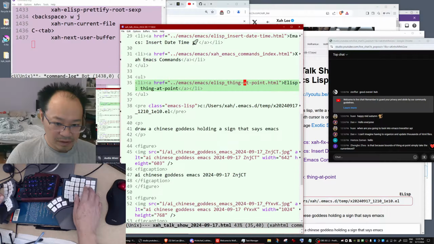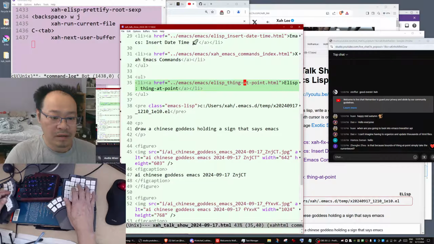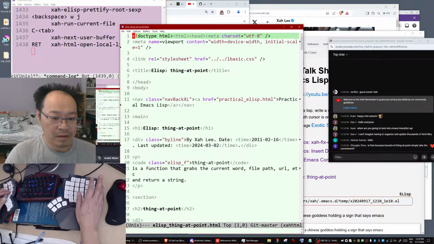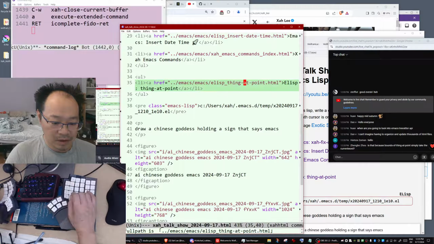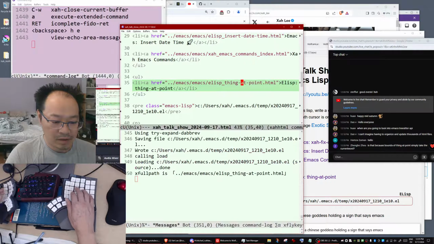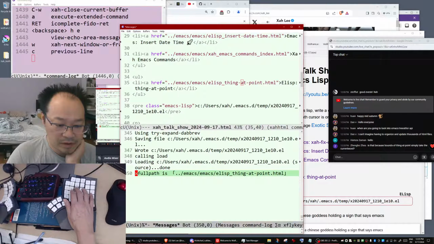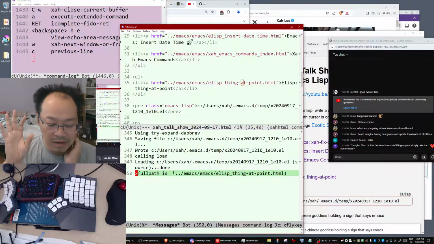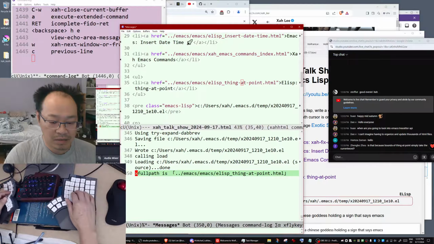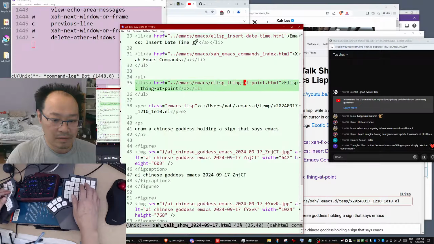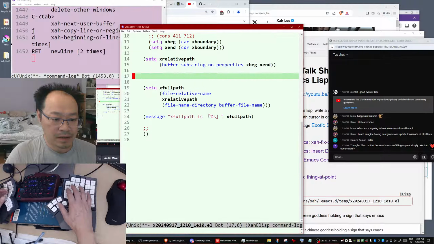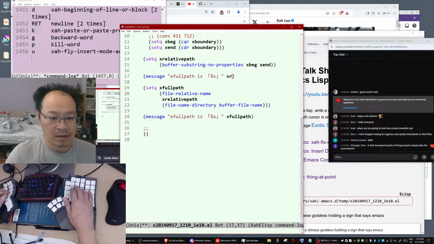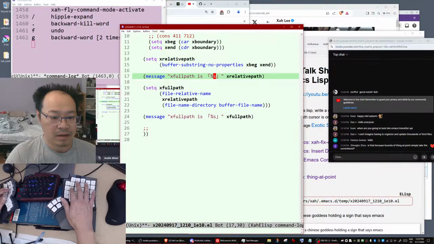Eval the buffer, go to this here, open it, close it, call the command, do it, show the message buffer. The full path is still incorrect. So why is it incorrect? God, this is unexpected.